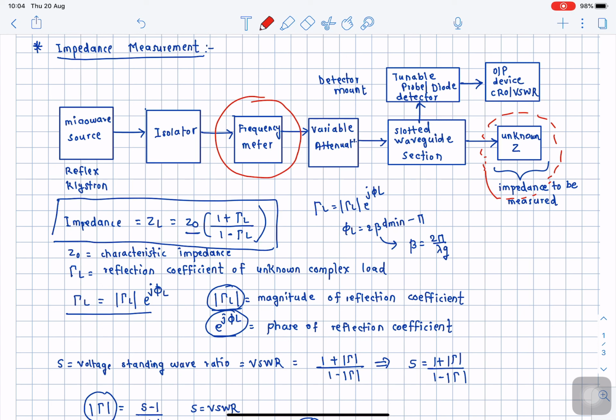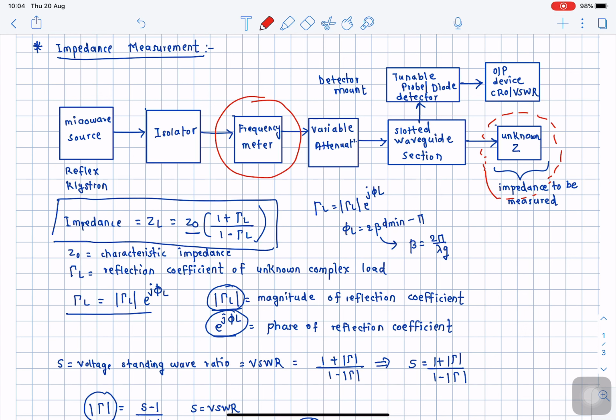If you recall, in module number 2, chapter number 2, junction based waveguide passive devices, we saw the operation of a wave meter or the frequency meter. At that time we saw how to make use of a frequency meter or wave meter in order to estimate the value of the microwave frequency generated by the klystron source. The same procedure is applicable when we make use of a frequency meter, and we can directly measure the frequency generated by the source.